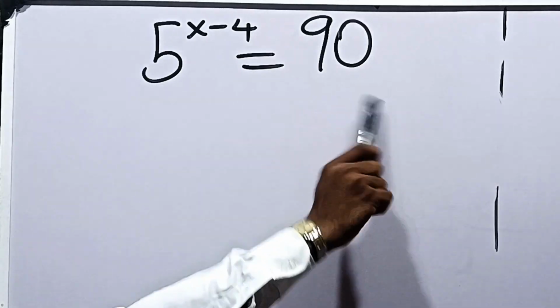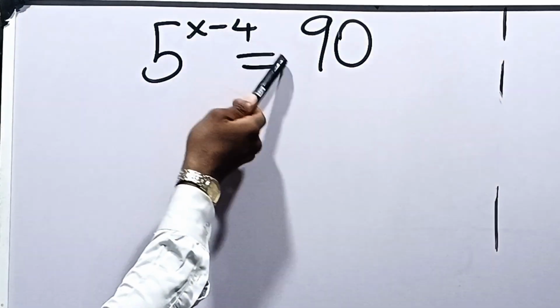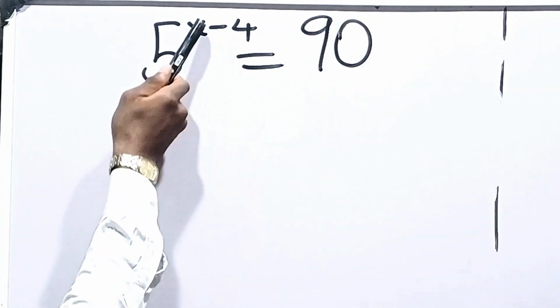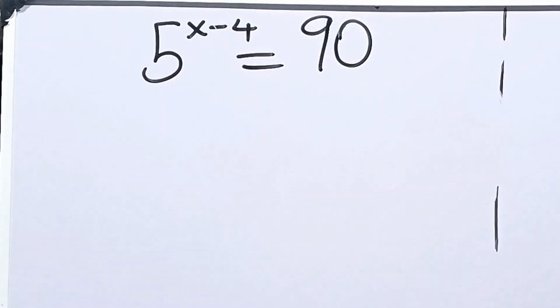Let's solve this question together. It says 5 raised to the power x minus 4 is equal to 90. We're going to solve for the value of x in this question. Now the first thing we can do here is to say that